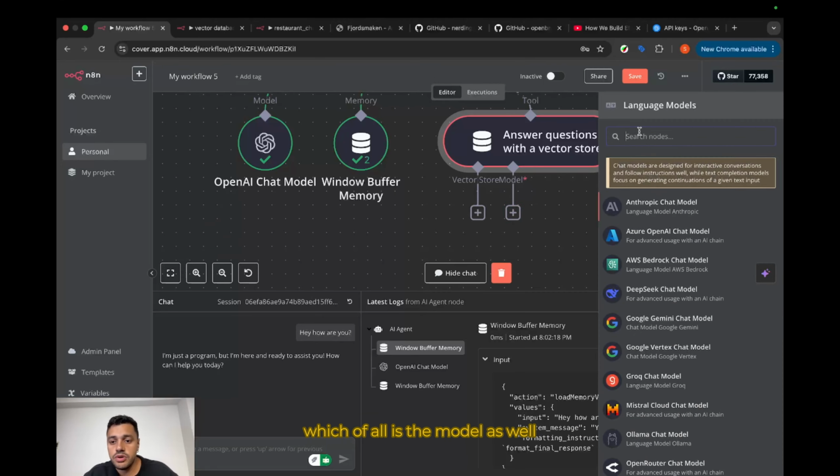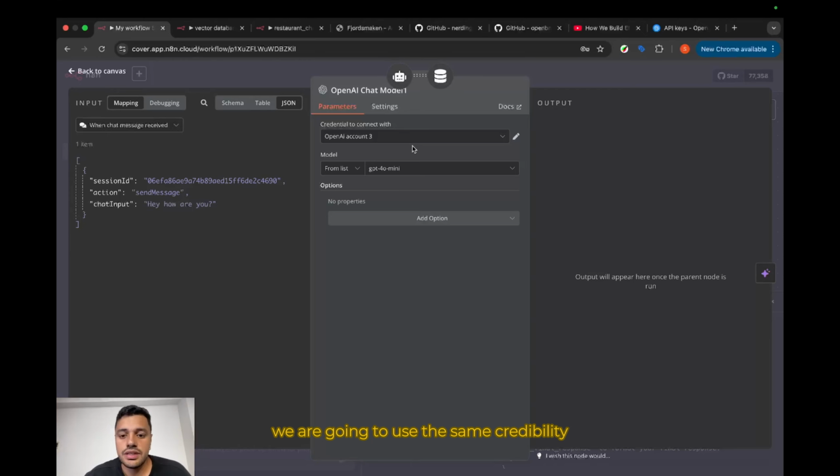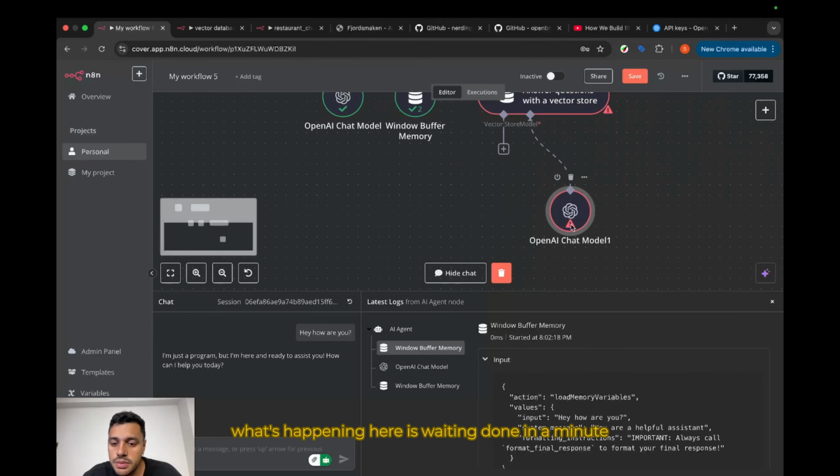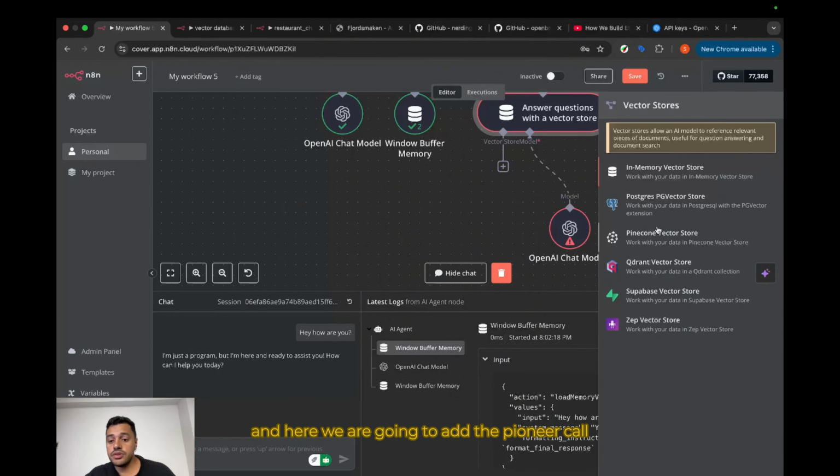First of all is the model. Let's say it's OpenAI again. We are going to use the same credential that we created a couple of minutes ago. The model could be GPT-4 Mini. And, well, what's happening here is waiting. Done in a minute. And here we are going to add the